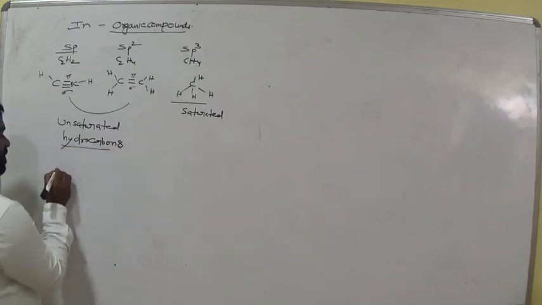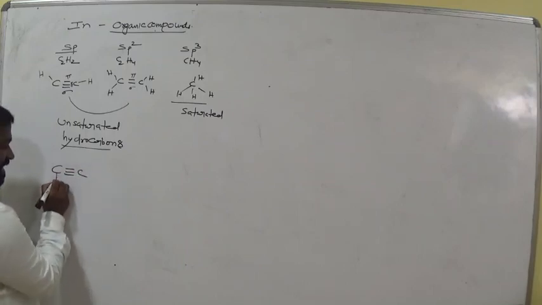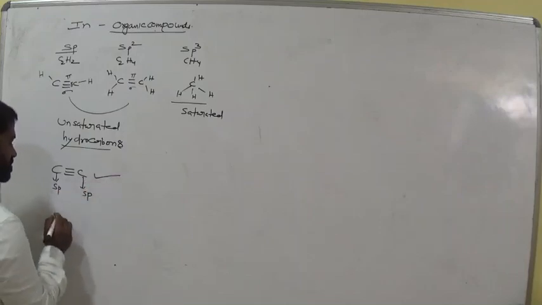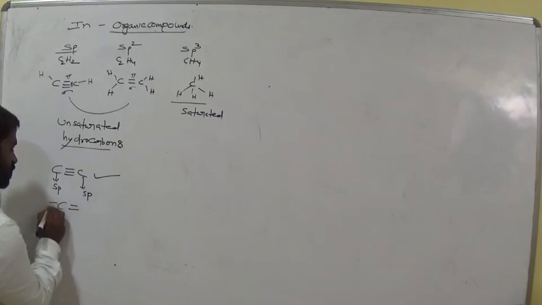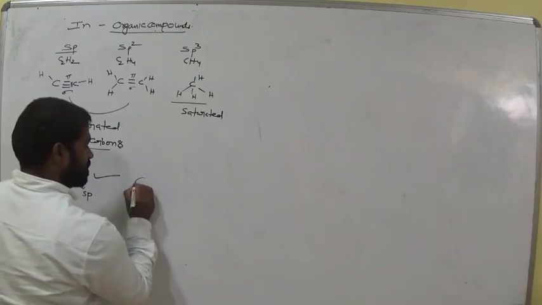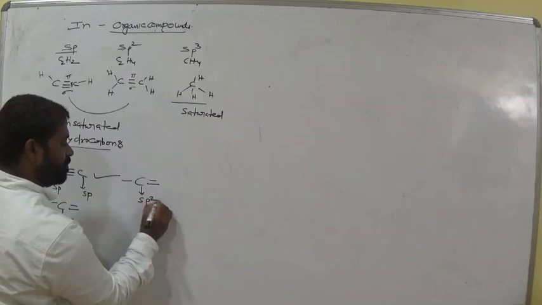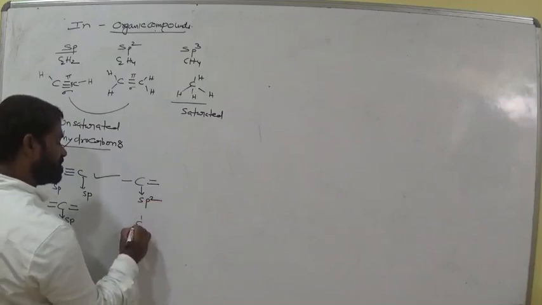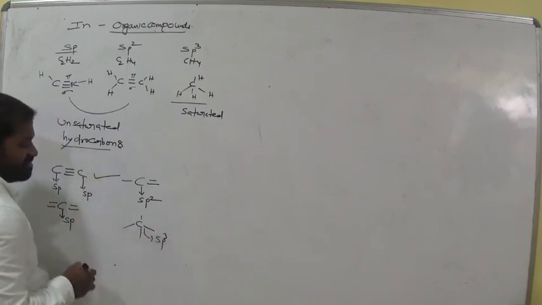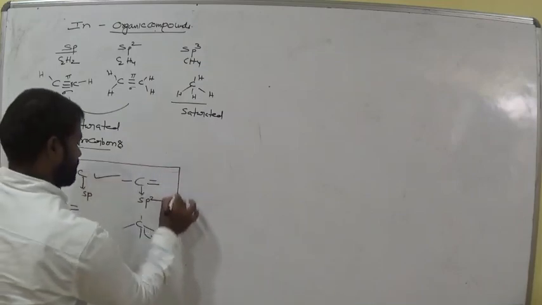If a triple bond exists between carbon and carbon, then the hybridization is sp and sp. Clear? Also, if a carbon sits in the middle of two double bonds, then it is also sp. With a double bond and a single bond, the double bond dominates, sp2. Okay. And if all are single bonds, clearly it is sp3 hybridization. Remember this. This one is important.